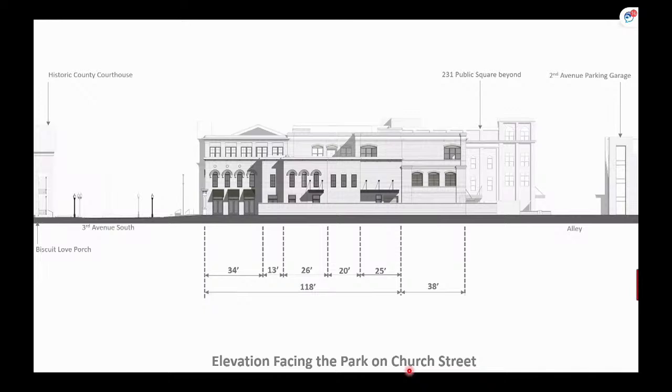So on the left, you can see a little portion of Biscuit Love's two-story porch, the historic county courthouse in the distance down Third. And then on the right, on the other side of the alley, you can see the Second Avenue parking garage in relation to the building, and then 231 Public Square at the other end of the alley beyond. So that is all on the two-story portion.